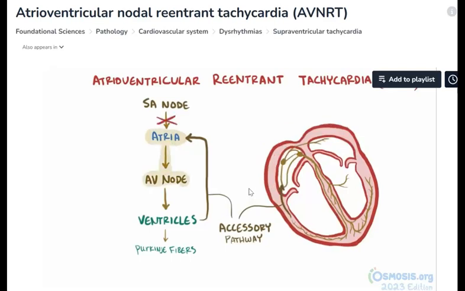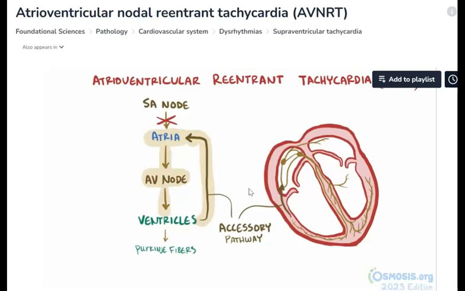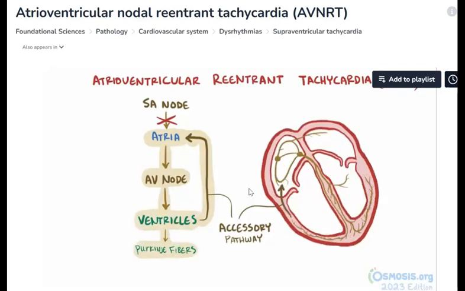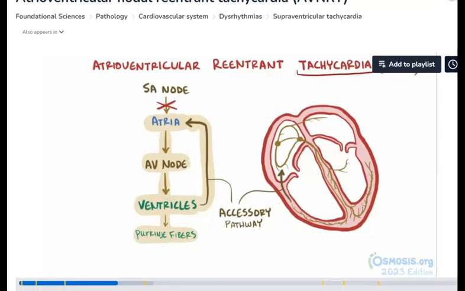The signal then moves back down the AV node to the ventricles and the Purkinje fibers and contracts the ventricles, as well as goes back up that accessory pathway, and then this cycle repeats, which is why AVRT can result in rates as high as 200 to 300 beats per minute. This type of tachycardia is known as a supraventricular tachycardia, because the signal causing the fast heart rate originates above